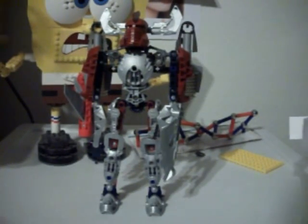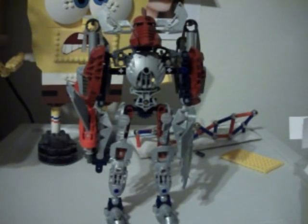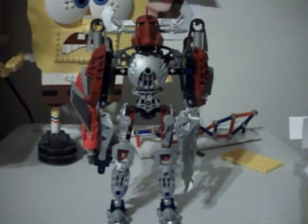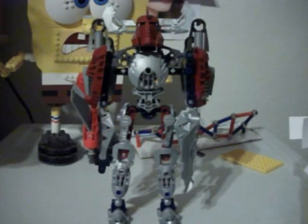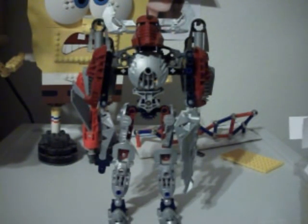And today it's going to be on the combination model for the 3 Mystica Trinuma. He is the combination model for Gali Mystica, Tahu Mystica, and Onua Mystica. Some people are complaining that his instructions are destroyed and gone, but however, his instructions aren't actually. You go on Bionicle Sector 1 and look him up, and go to the external links section, and it'll show